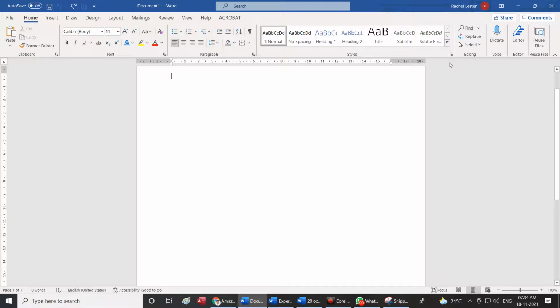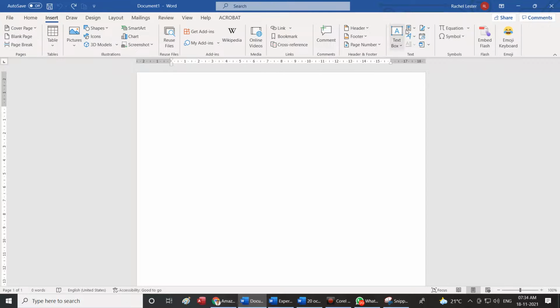Okay, I'm opening a fresh document and I'll come to insert. So the text box you have written, what does this do? A text box brings focus to the contents it contains and is great for showcasing important text such as headings or quotes. There you can make use of text headings. When we have to print the certificate also, we want a particular font to appear in one particular place. There also we make use of text boxes.